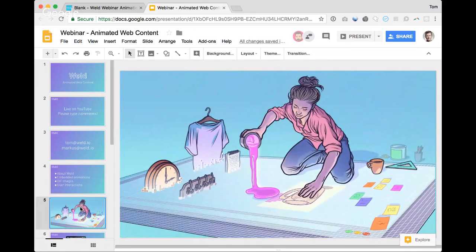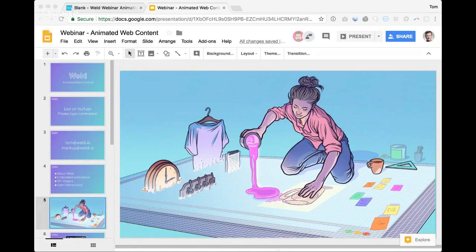Thank you, Tom. So before we get started, let me just state the obvious. It really is no secret that most of the stuff you put on the web today is mostly easily done in a text way. As soon as you talk about animations, it quickly becomes quite expensive and very time consuming. So our vision for the web is a place where you can be as creative as you want, really without any restrictions at all. We want Weld to be like a canvas where you can put your ideas into